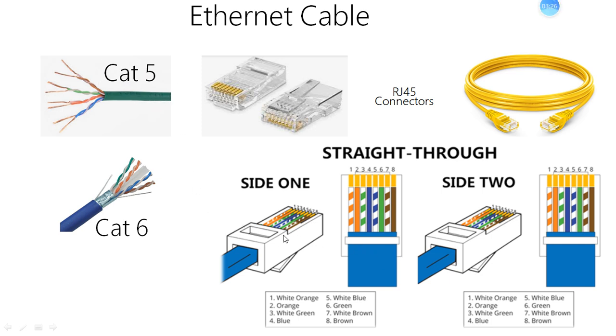This picture shows the pin out in the connector. If you put the connector this way, you can see the sequence of the wires inside the connector, from 1 to 8. And this picture shows the color code of each pin in the connector. But be aware that the Ethernet cable can only provide about 100 meters transport. If you have devices that are farther than 100 meters, then you need a fiber,